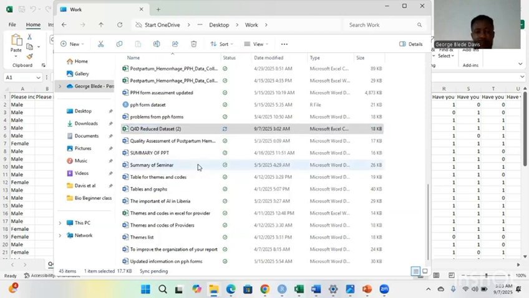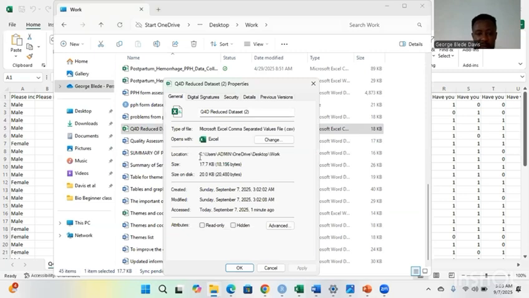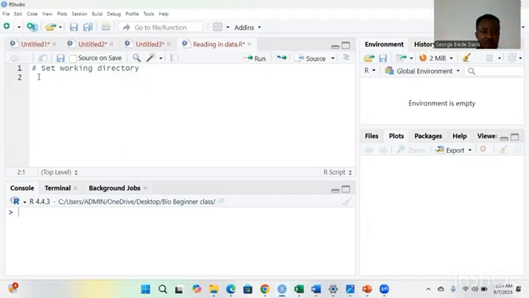Our pathway: first, you go to User. From User, you go to Army. From Army, you go to OneDrive. From OneDrive, Desktop and Work. It all depends on where you save your files or how your computer is structured. Your pathway will be different from another person's pathway. So to know the pathway, you left click on the file, go to properties and you see the pathway. Once I know the pathway, I can go and read in my document. Or basically, I can just copy the pathway and carry it along with me to be able to use it and read in your document.